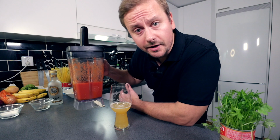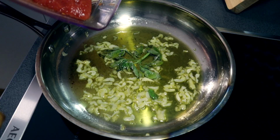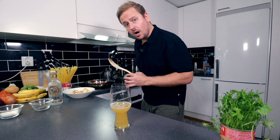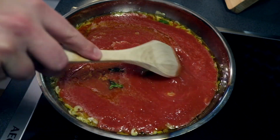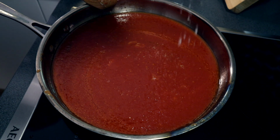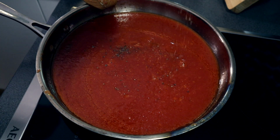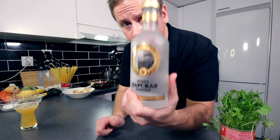Now, after about 5 minutes or so, take your tomato and stir it in. Now the pan on medium-high heat. And mix it all together. Add salt. And just a little bit of pepper. And then comes our secret ingredient,